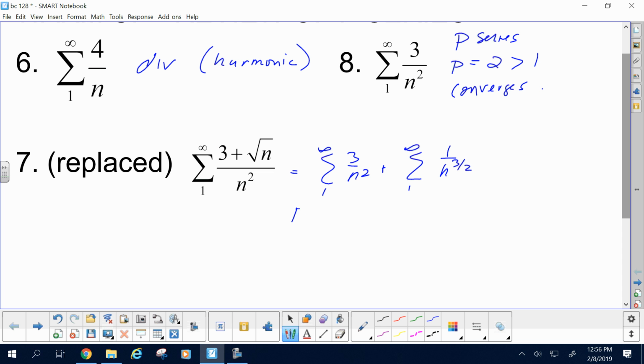The first one is a P series with P equal 2, greater than 1, so it converges. Excellent. The second one is a P series with P equal 3 halves, greater than 1, so it converges. The sum of converging plus converging